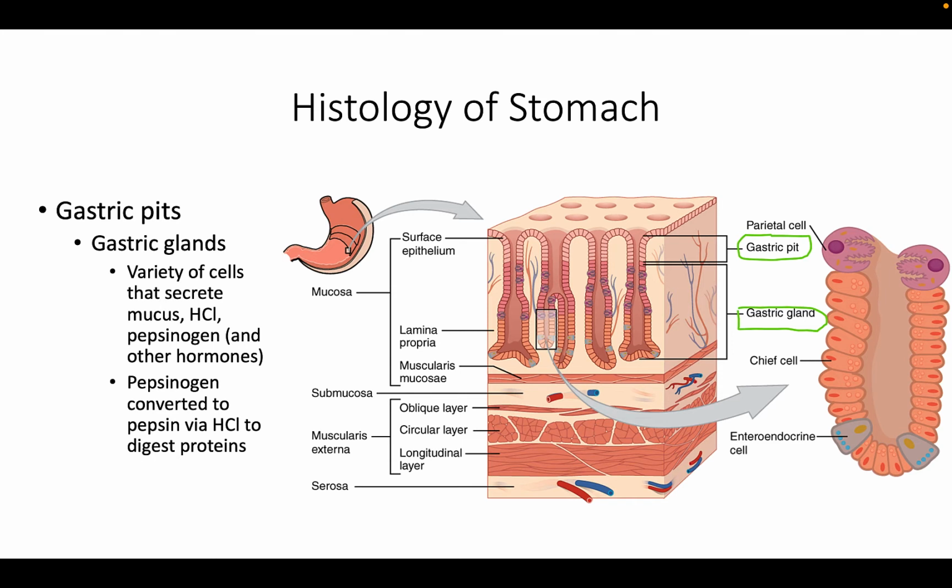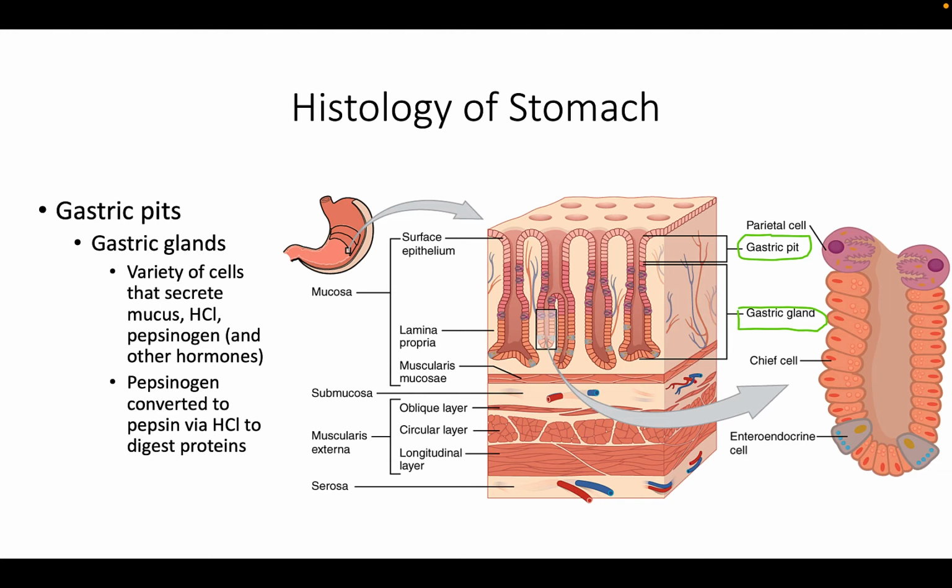Looking at the histology of the stomach, the wall of the stomach consists of the same layers as the rest of the alimentary canal, but with adaptations to the mucosa and muscularis layers. The muscularis layer, like I already said, has that extra oblique layer, and it helps vigorously churn food mechanically, breaking it down into smaller pieces. The stomach's mucosa's epithelial lining consists only of surface mucus cells, which secrete a protective coat of alkaline mucus, which is really strong and helps to level out the acidity of the stomach so it doesn't